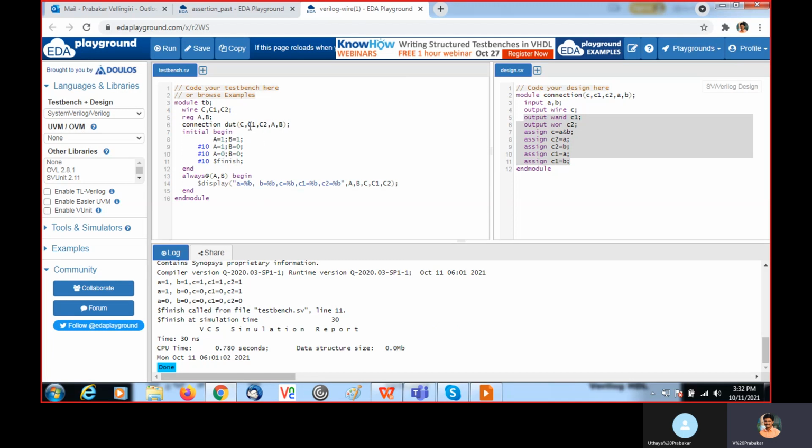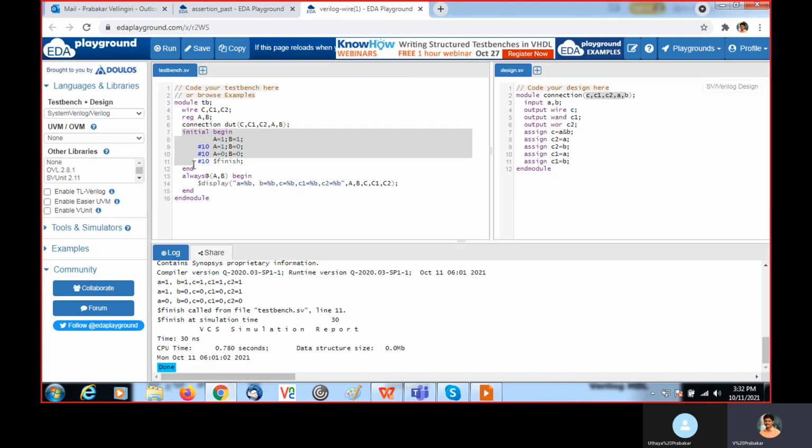Here I use the mapping based on position. Here I mentioned the position C1, C2, A, B. The same position I am mentioning the variables in the test bench: C1, C2, A, B. You can also use the same names, small a, small b, C1, C2, or you can use different names. If you use different names, you need to map properly.